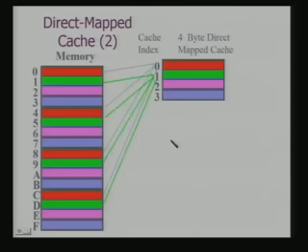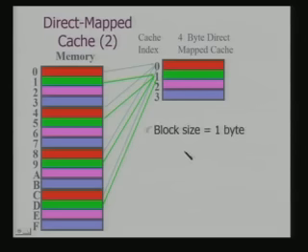Now, obviously, when you are accessing a memory location, say 0, if this block is empty, you will load this data onto this block and not to any other block. So, it is very easy for the cache controller to find out whether the data is there in the cache or not.